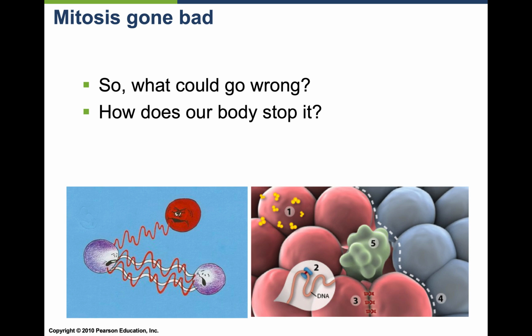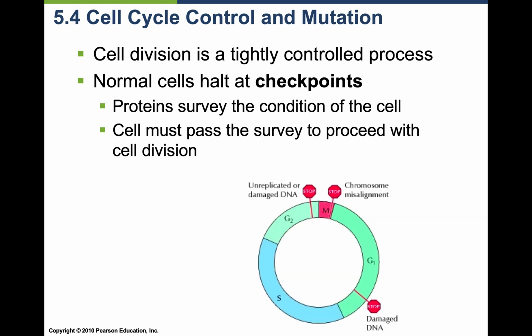So mitosis gone bad. We've talked about how this results in cancer, and so what we should probably hit on is how your body can stop it, right? Why don't all of us have cancer? We know that a huge chunk of us are going to get cancer, supposedly, throughout our lifetime. About 20 to 25% of us will pass away from cancer. So what does our body do to stop it so that all of us don't eventually die from this?